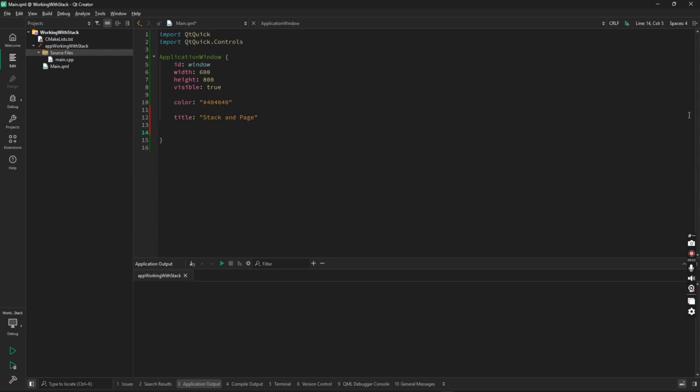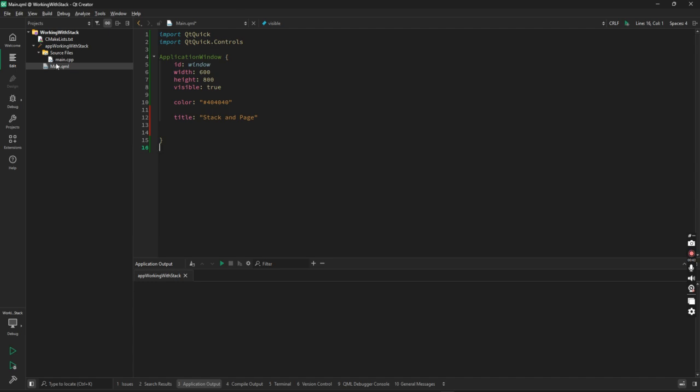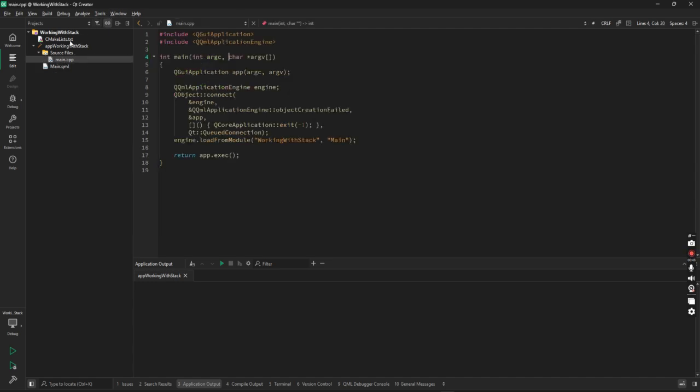For example, if you see, this entire part here is the code. Now, if you open main.cpp, this area remains the same, but the file is replaced. Earlier it was the main.qml file, and if I double click here, it will be main.cpp. So I am just replacing the file, and if I click on close, the previous file will be opened. Again, if I click here and I click on cmake,